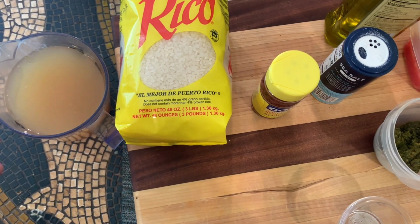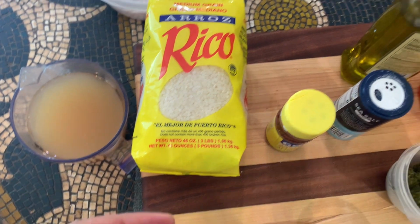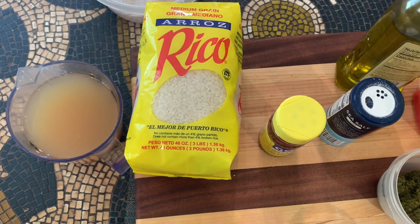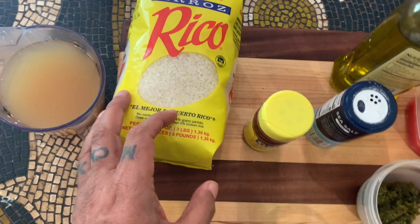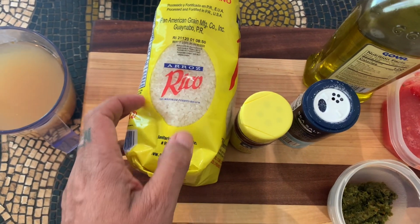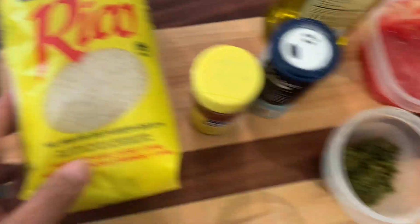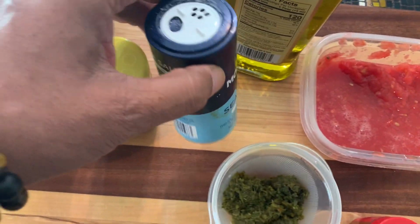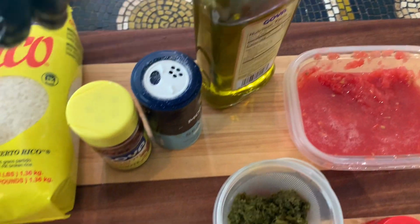And I'm going to use some chicken broth. I have about 2 cups. I don't have enough chicken broth, so I might be using some water too. You can also use water only. I'm going to use about 1.5 cups of rice. This one is medium size, Puerto Rico. I'm going to have some sea salt for taste, extra virgin olive oil,